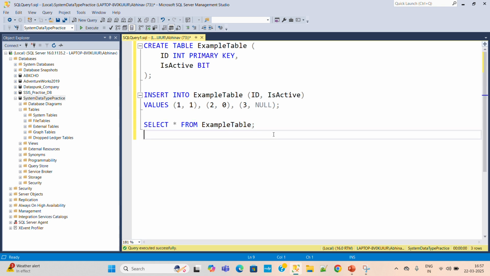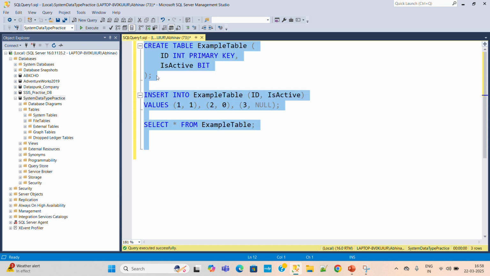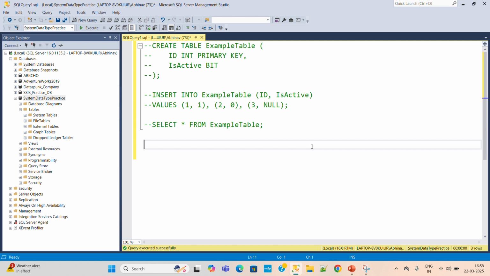And let's check what if we are trying to put any other value in a bit data type. So for that we will check via a variable. So for variable, first of all, what you need to do, first comment all these codes. When you press Ctrl A, it will select all the things what you have in a particular page. Now first declare one variable, declare at the rate bit test, we can mention bit test, and the data type we will keep like bit. Okay, now set